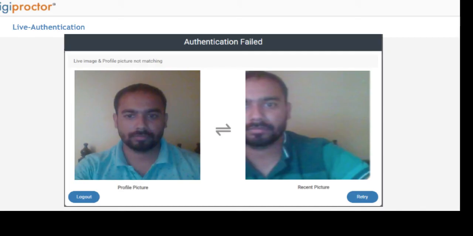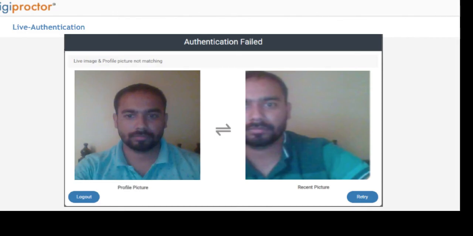The most common reason is that you may not have taken your photo correctly. For example, your face may be only partially shown in the photo you clicked, or it is tilted sideways, not centered, very small, or there are multiple faces in the photo, lighting is dark, etc. If you wish to re-authenticate yourself, you can click the retry button to take your photo again and submit, or you can click the logout button to exit.